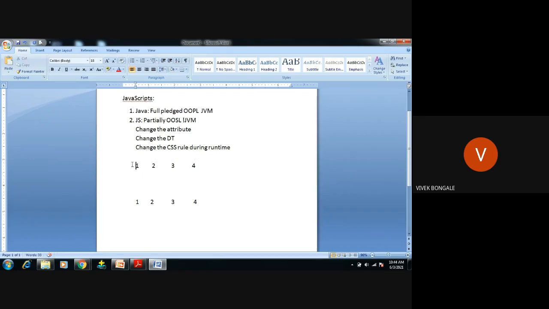To do this task, the client should also have one program, one piece of software, on the client side, and on the server side also some program is required. To get the web page from the server, it requires a programming language.